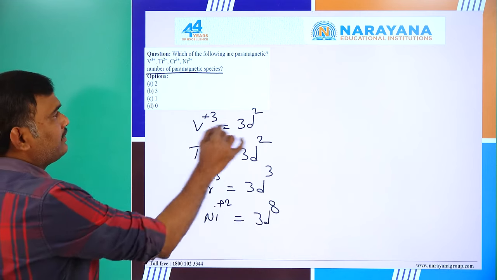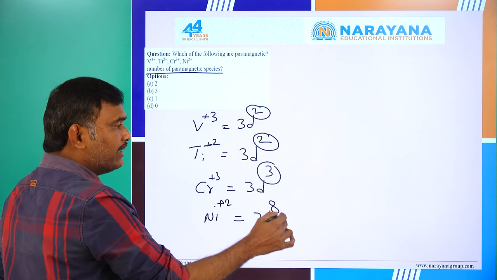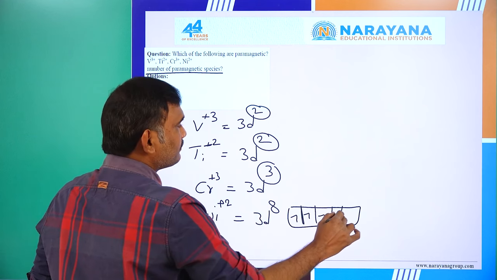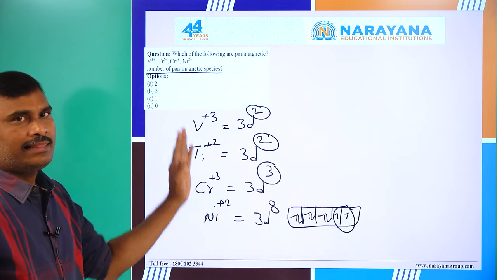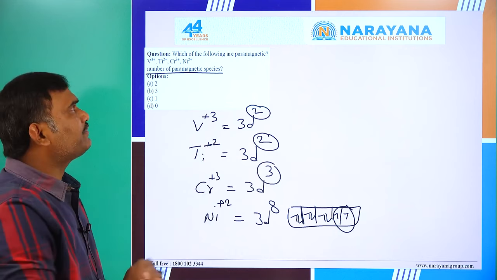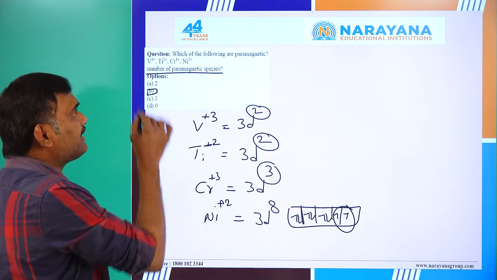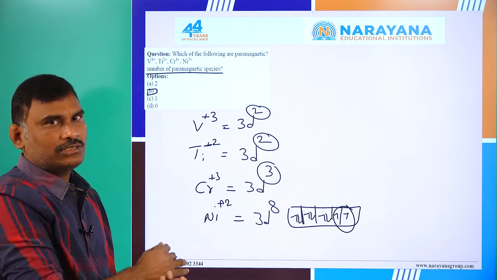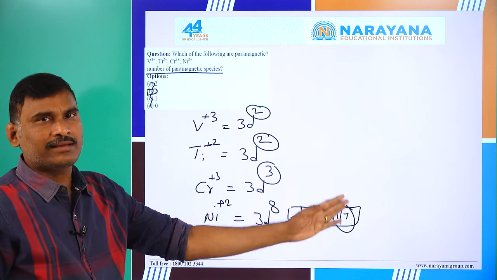According to this, there are 2 electrons here, 2 electrons here, 3 electrons here, and 3d8 here, which still has 2 unpaired electrons. That means all the given ions have a minimum of 1 unpaired electron, so all of them should be paramagnetic, but the given option goes up to 3 only. I think this is an integer question. Maybe they wrote it like this. This is the ambiguity in the question, so don't consider this option. If not, that means all the atoms having